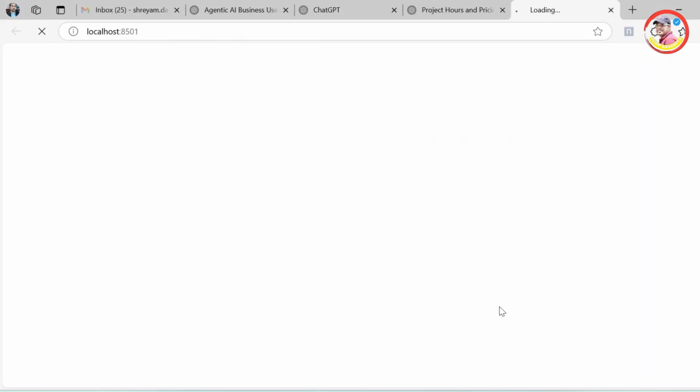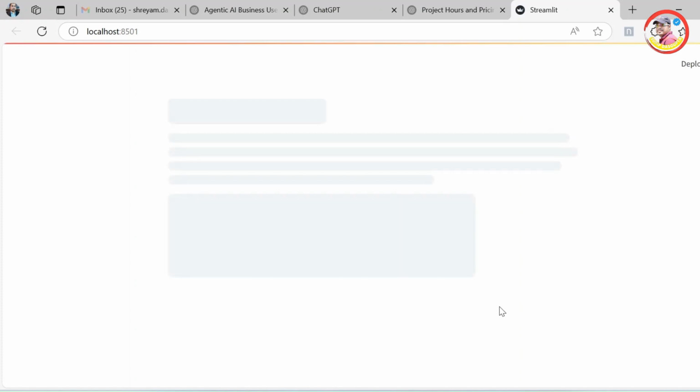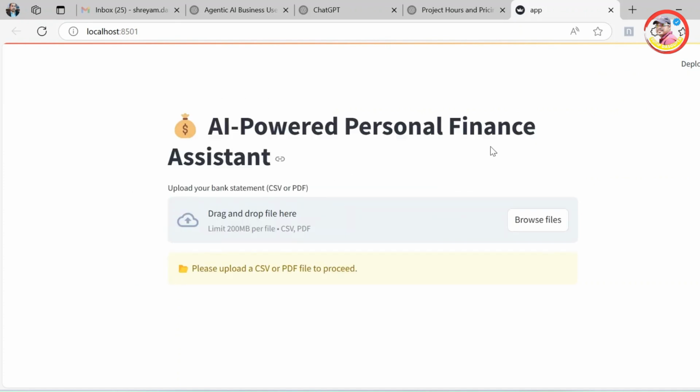So it is opening up a window or a browser tab where we will see certain things shortly. It's still loading up, it's running. Give it a few more seconds. Okay, so it has loaded up. So what it is asking me to do is to drag and drop a CSV or a PDF file containing my bank statements. So I'll just browse,